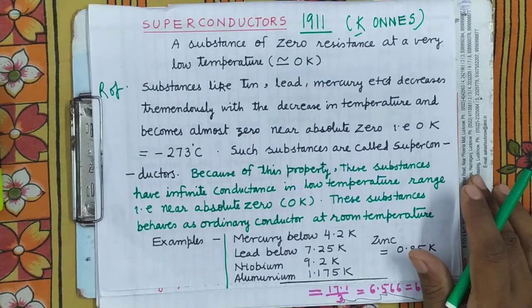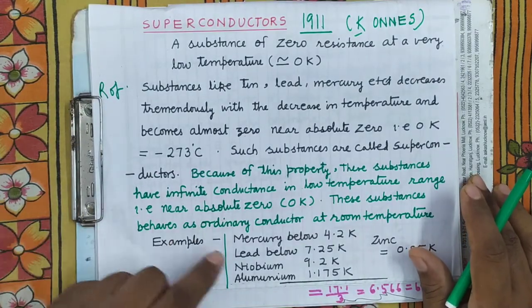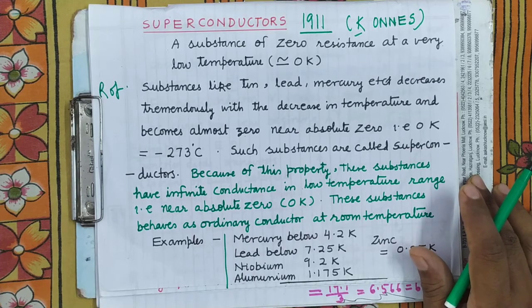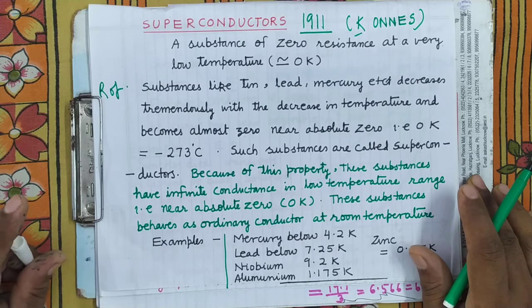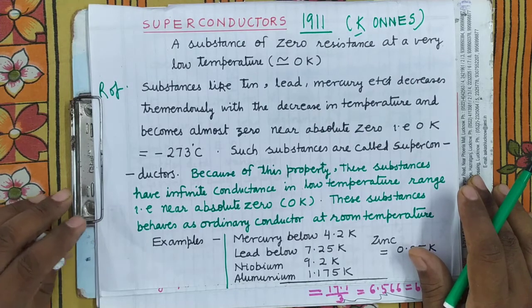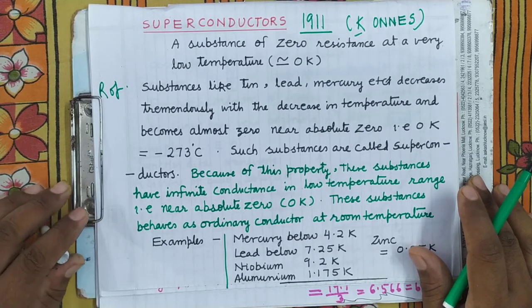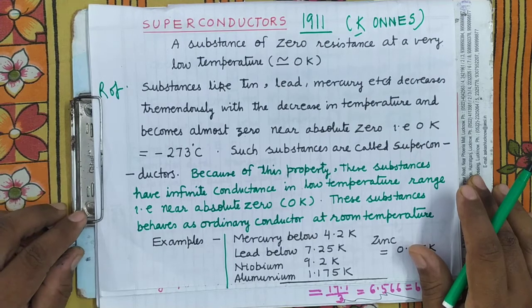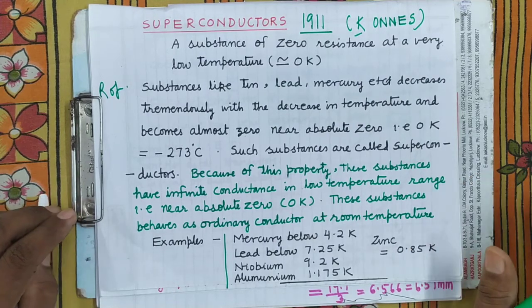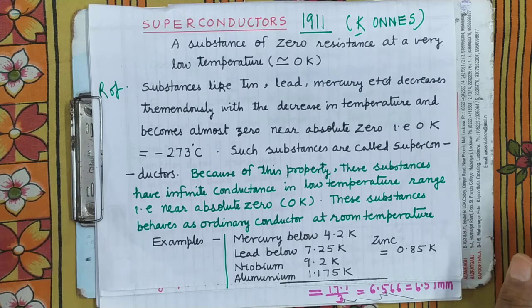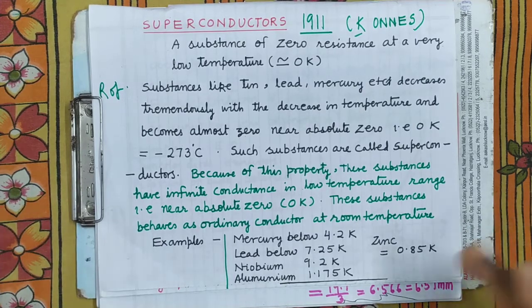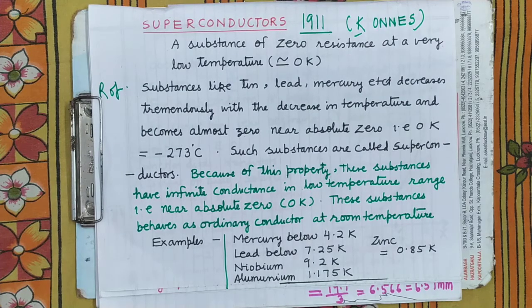Now these are the type 1 superconductors, which I have told. There are some type 2 superconductors also, whose critical temperature is a little higher. Type 2 superconductors are made by mixing 2 or more metals, 2 or 3 more metals. It's clear? But that is not in your course, so I am not going into that.